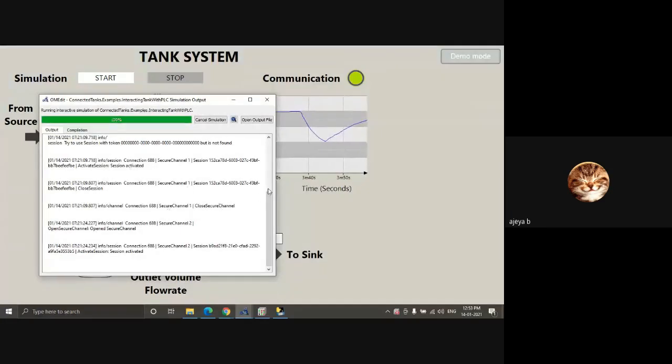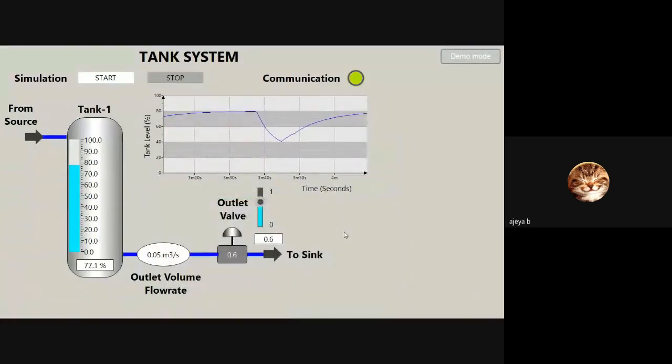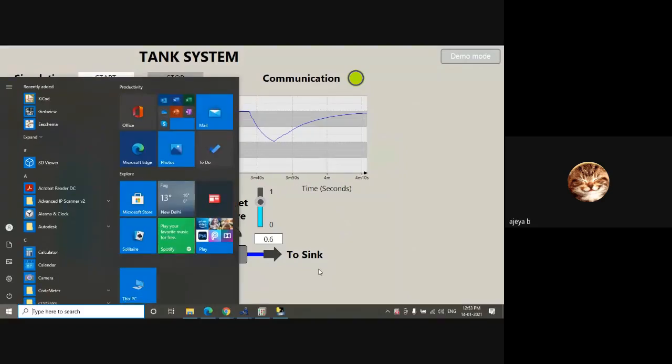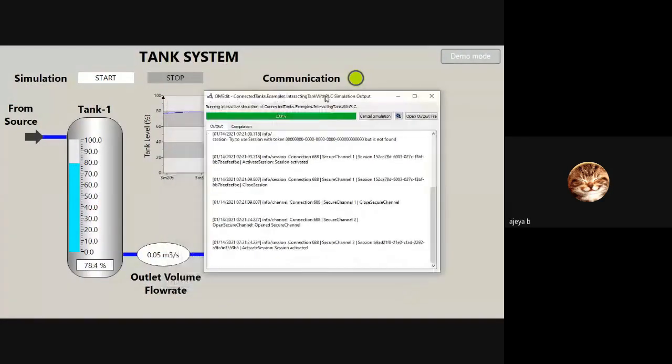Simulation will run. There's no problem of running simulation. It's just the speed of the simulation. So if somebody has an i7 processor or a higher clock speed processor, simulation will be faster. If somebody is running a lower configured laptop, simulation will be slower. So simulation won't be on a fixed timeline. So that is the difference of dash RT equal to 1.0, so that I'm running it in real time.